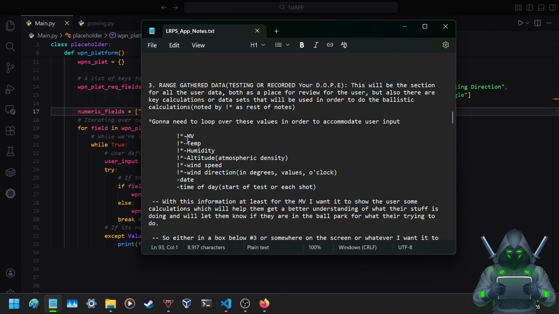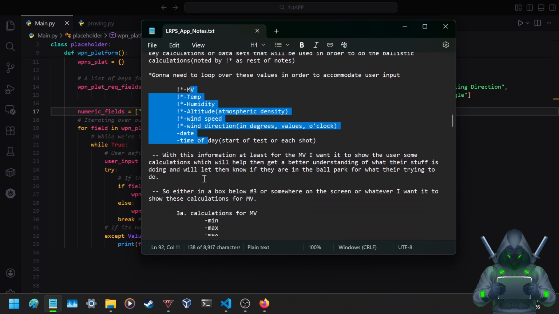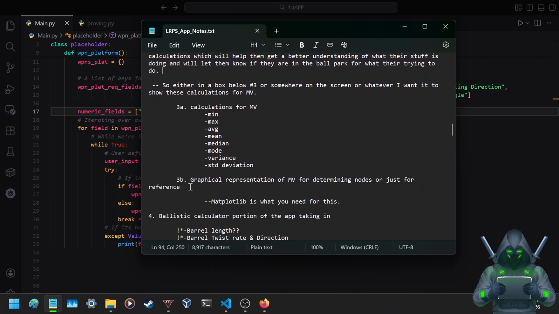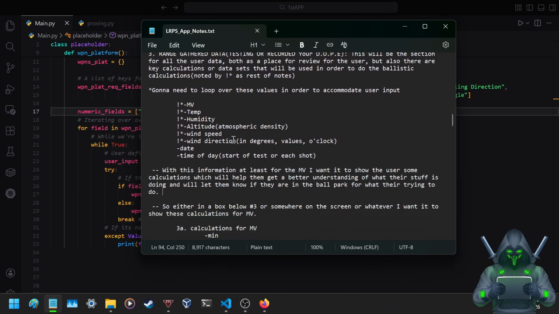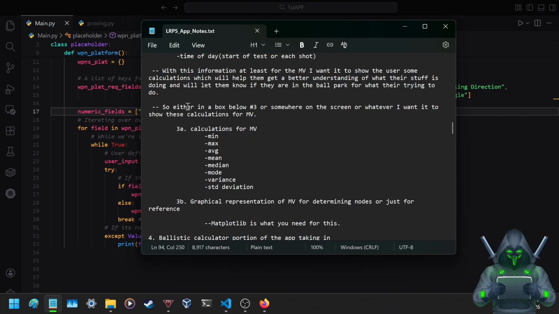And well, this, and this, in most cases, actually nearly all of these except for this one, will be a numerical value, which will make it a lot simpler. And then after we get all of that implemented and working and doing what it needs to do, we need to do this, which